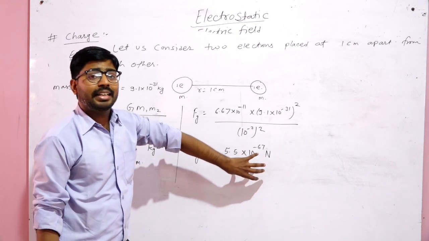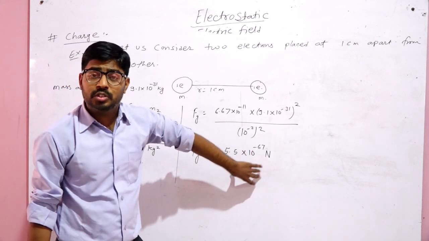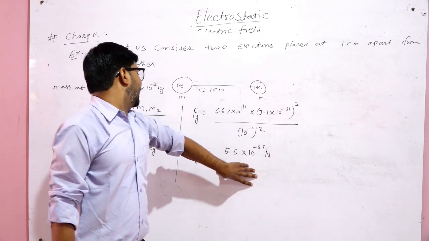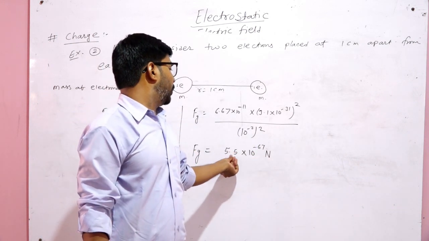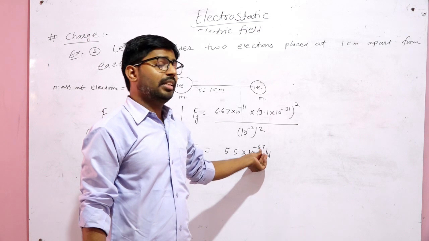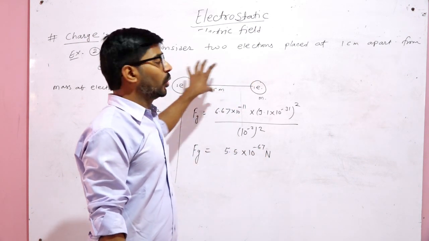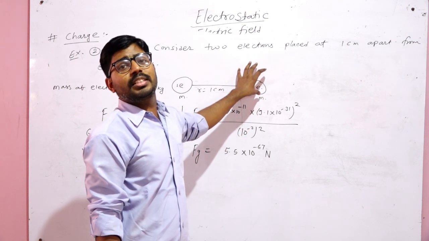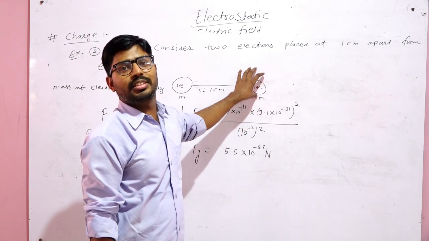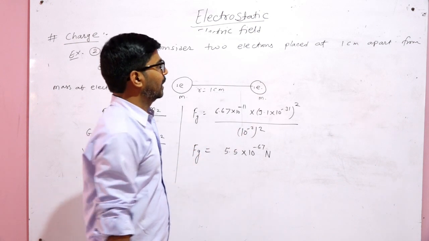By applying the formula of gravitational force, we get the force 5.5 multiplied by 10 raised to power minus 67 Newton, which is between two electrons, and this force is an attraction force. This force is attraction force, but